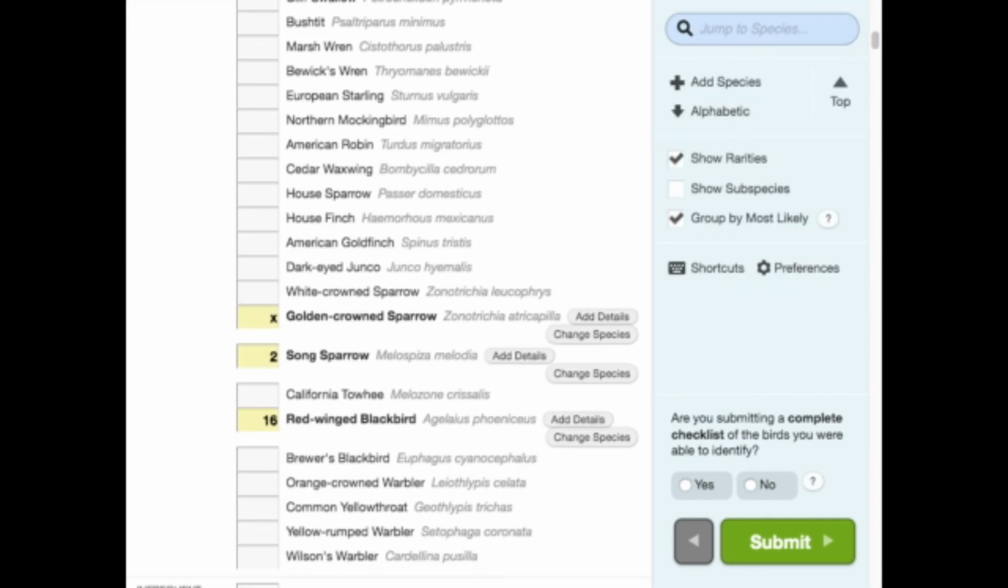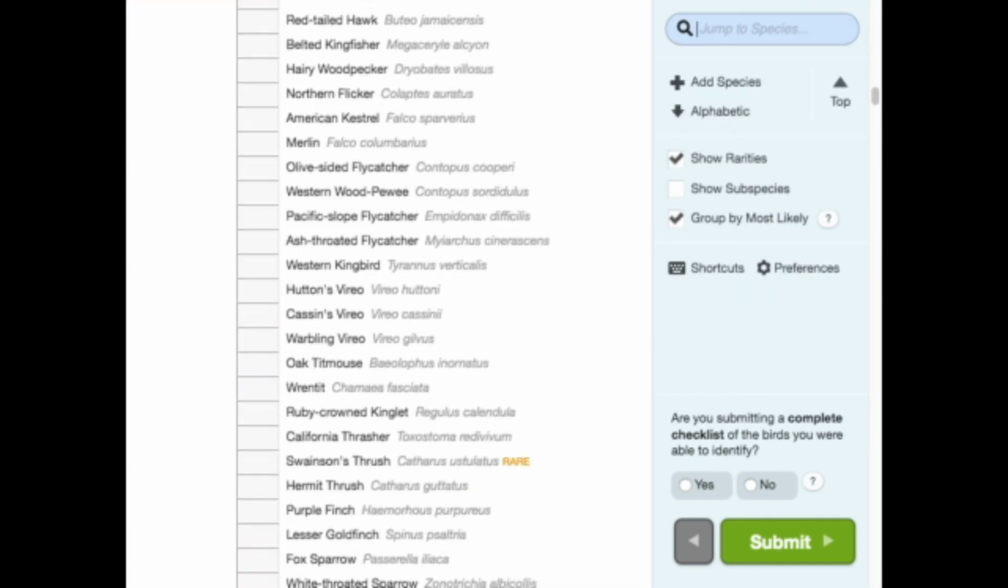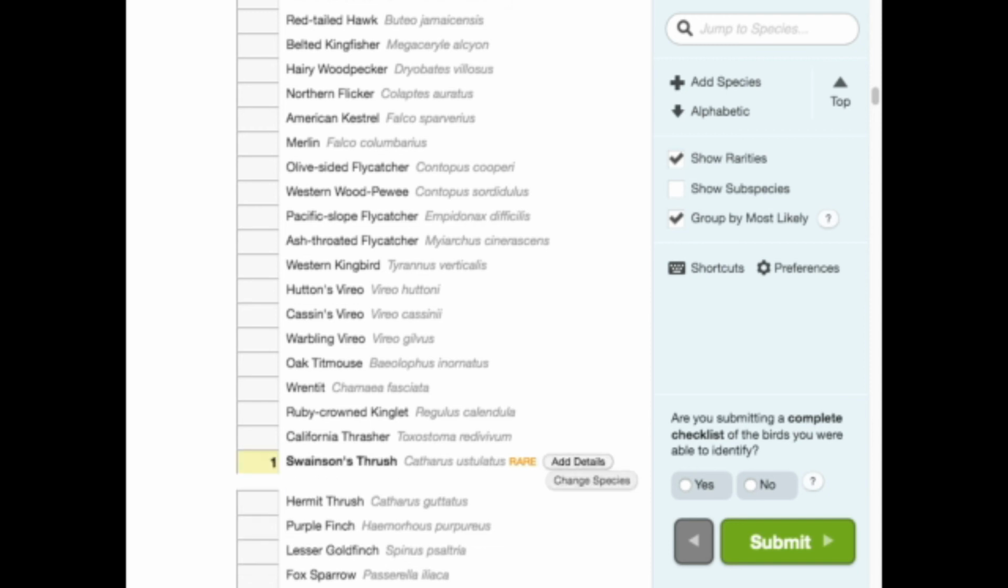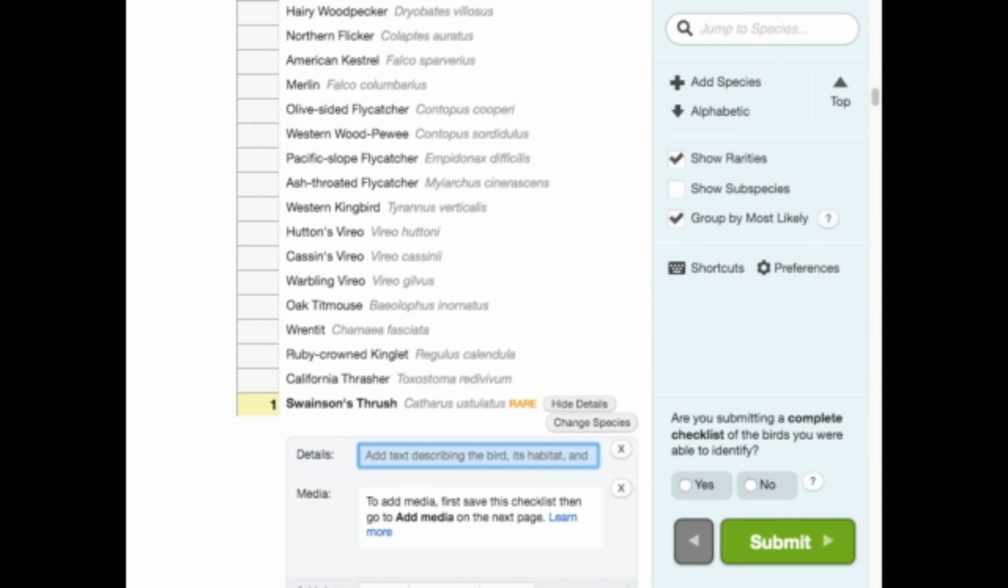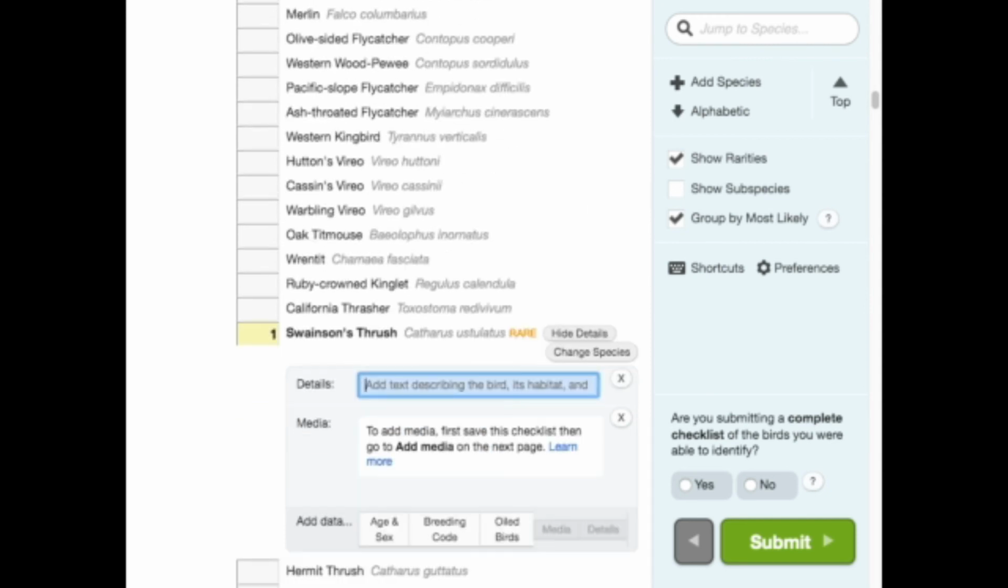So now it's showing me all the rarities. So here, a Swainson's thrush. See how it says rare in orange, kind of orange-yellow here. So if I were to report a Swainson's thrush, you can see here it's going to ask me to add details. All right, so if I put 1 here, I'd have to add details by either typing in, maybe I heard it so I could describe the sound, or if I got pictures I could add media here. I could add pictures or videos or even a recording of the sound to this part right here. And then once I'm all done here,